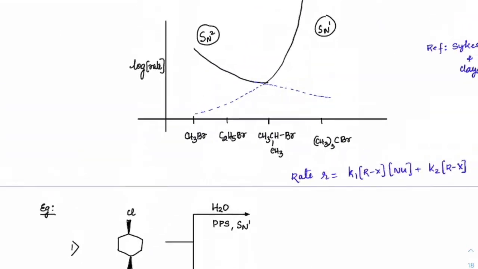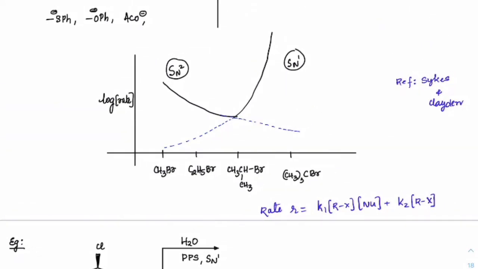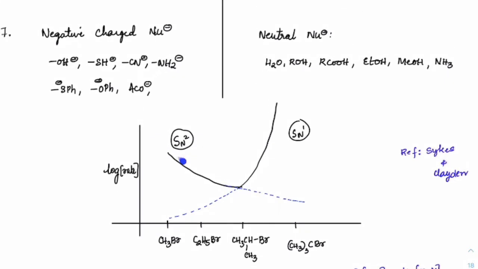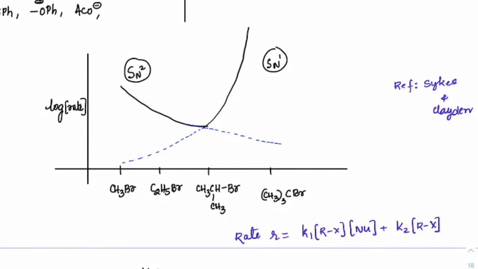Okay, guys, listen. Last thing we studied in the morning was about how the rate for SN2 and SN1 changes. If you just observe one important curve here, again, this is purely on the basis of experimental data. See, SN1 goes very steep. That means if you consider the rate of SN1 as compared to the rate of SN2,